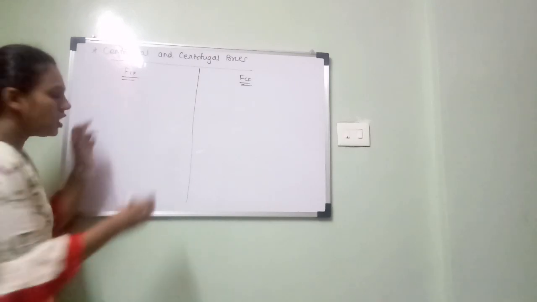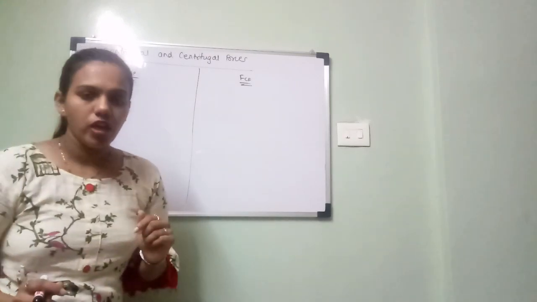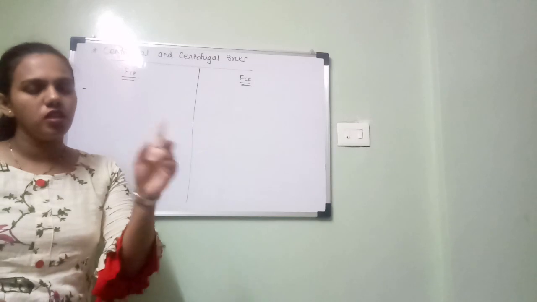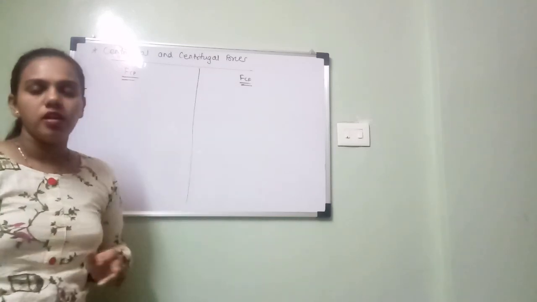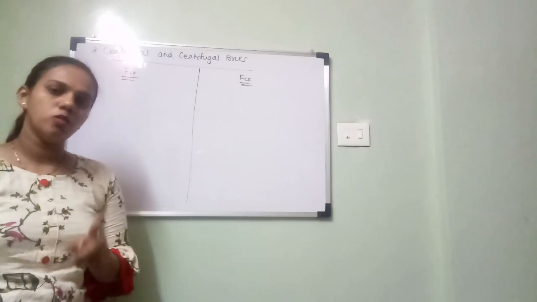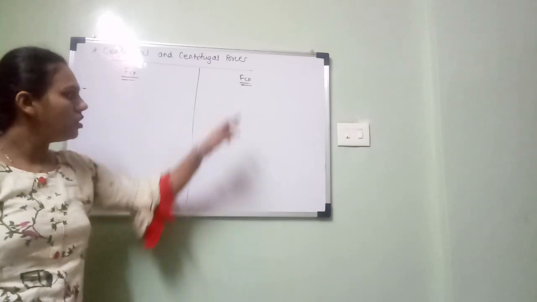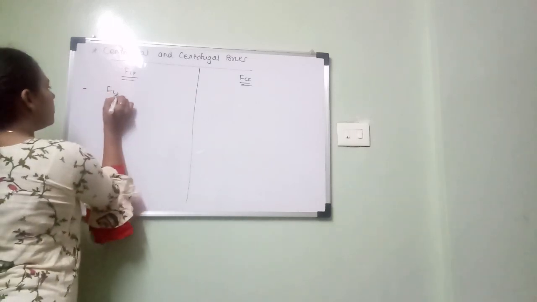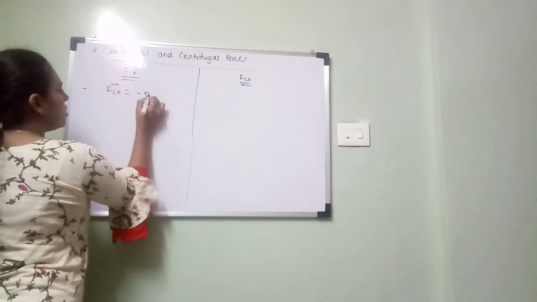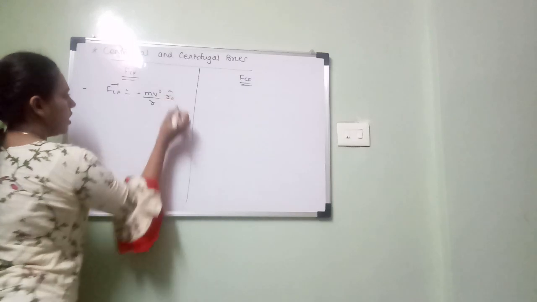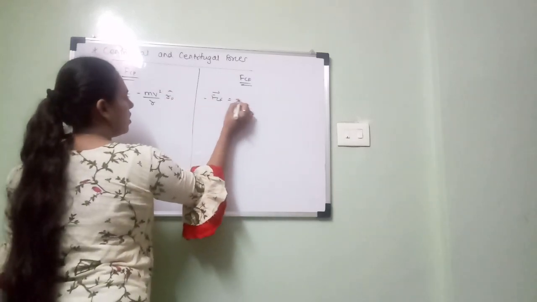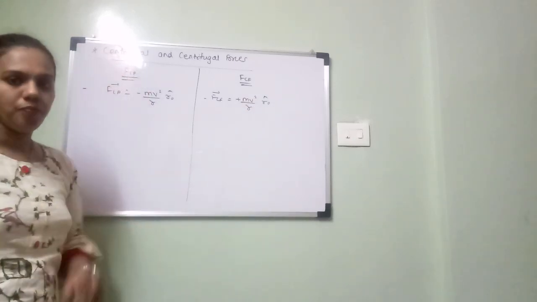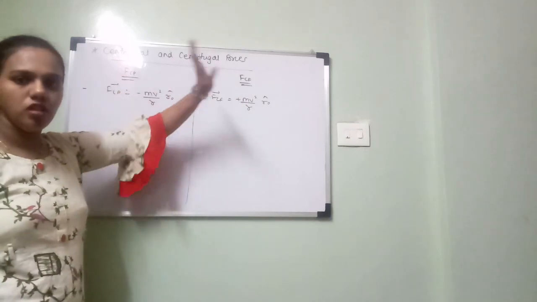First point in this is nothing but the definition point. FCP, what you can write? The force acting on the particle performing circular motion directed towards center is known as centripetal force. The force acting on the particle performing circular motion directed away from center is known as centrifugal force. Second point, you can say the vector form of it, FCP bar is equal to minus of mv square upon r naught cap. FCF bar is equal to plus mv square upon r naught cap. Okay, this is the second. Third, it is a real force, it is a pseudo force.